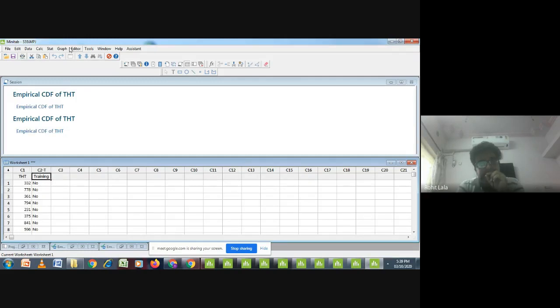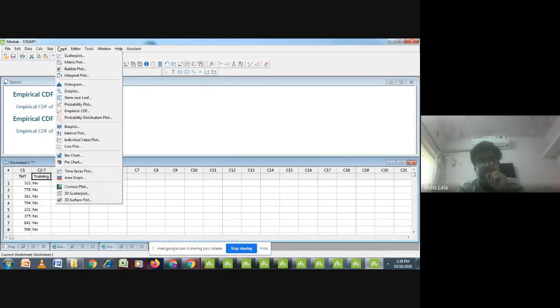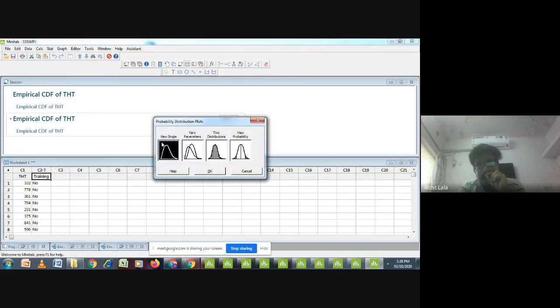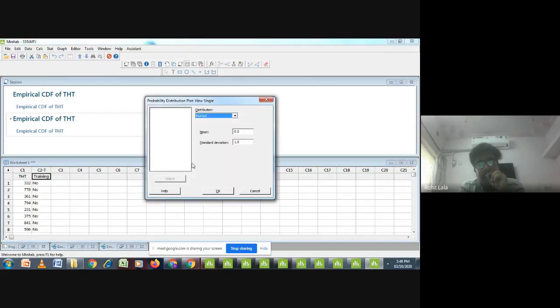So the first thing we need to do is learn the probability chart. Basically we have learned three types of probability plots, and those were normal distribution, next was log normal distribution, and third was Weibull distribution. All are available in this only. So first we will check the normality. So first was normal, like if I check the normal distribution of this,